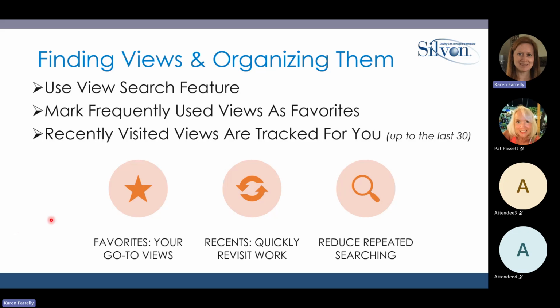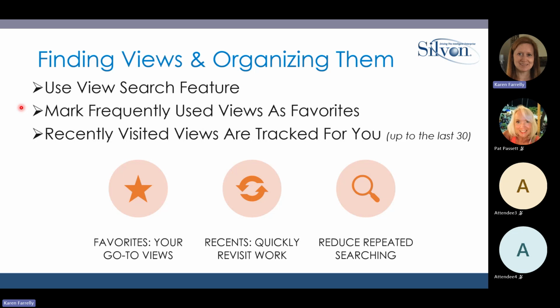Jumping right into the topic of favorites, actually this is in a broader topic: how do you find your views? How do you get to your views? And how do you organize them? You can certainly use the left panel in Stratum Viewer, which you can navigate through and find what you're looking for, but some shortcuts, which I'll show today, are using the View Search feature, marking frequently used views